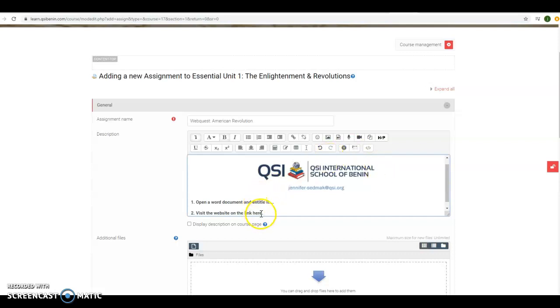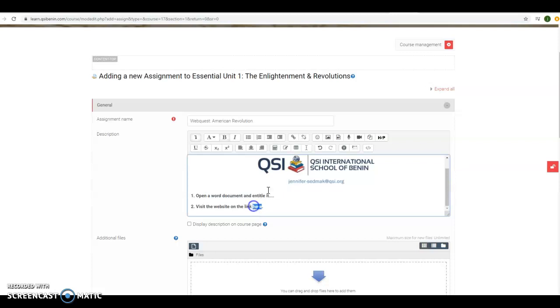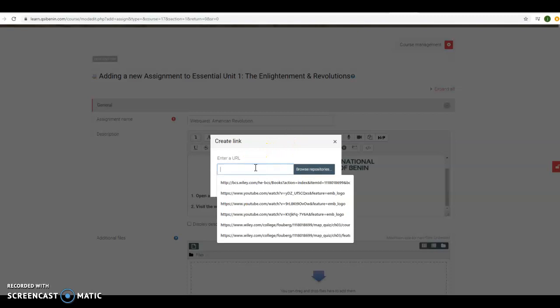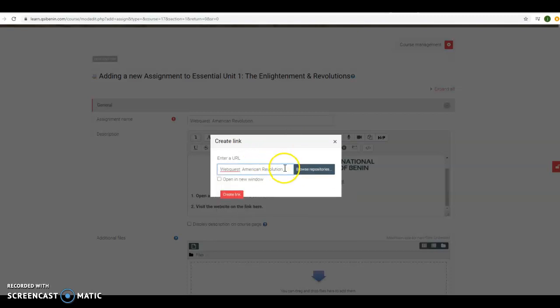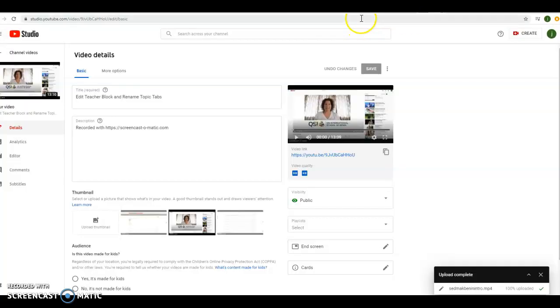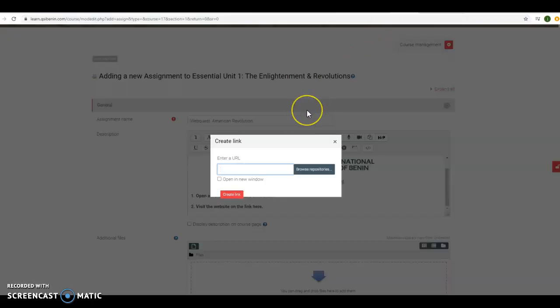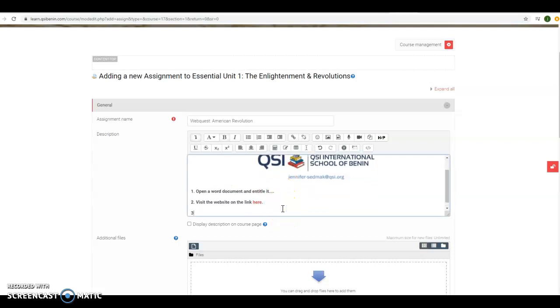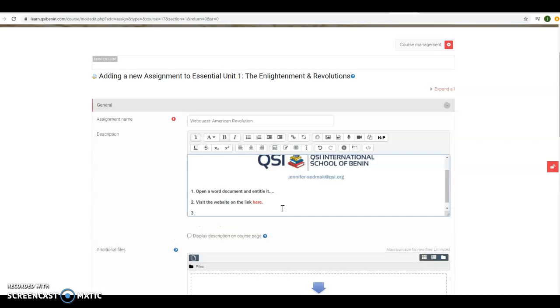And then I can highlight here, right there, and I can hit that chain, and I can put a web link in there. Oops, nope, I don't want to put there. Let me just go grab a link right here, okay, and get back over there. I can put that there and create link, so it's going to take them right to there. Number 3, identify